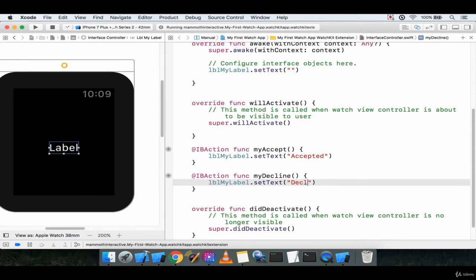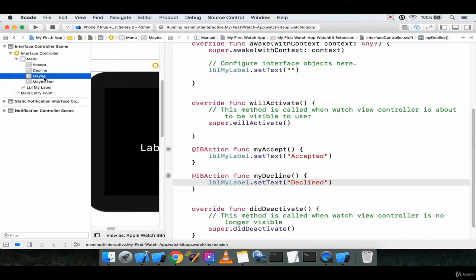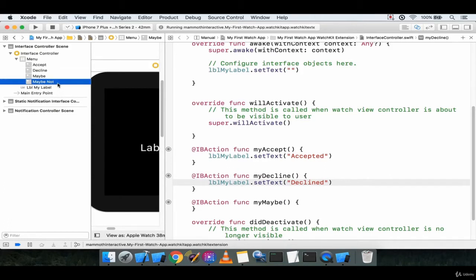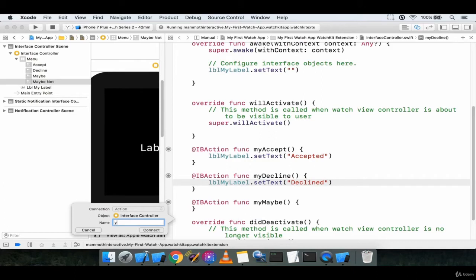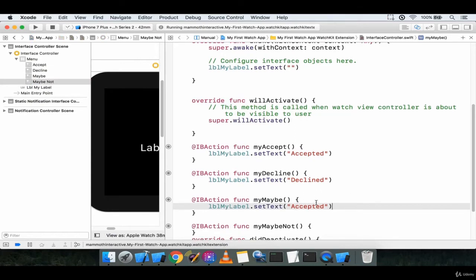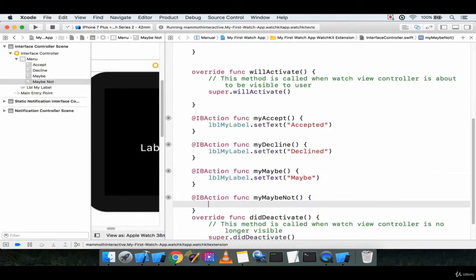We'll say "declined," and we'll attach functions to our other menu items as well here. So my maybe, and maybe not. My maybe not. Okay, and same logic again. Maybe, and finally